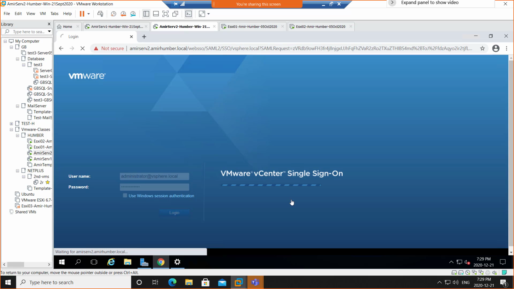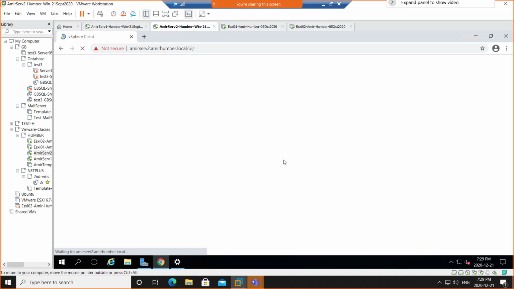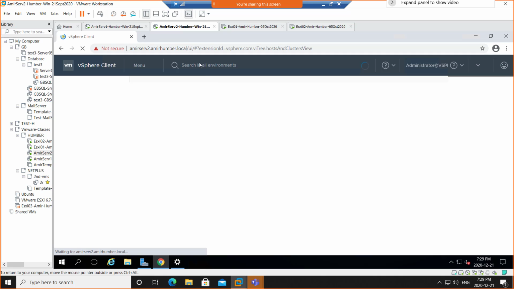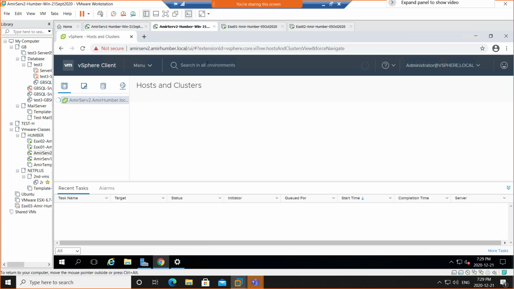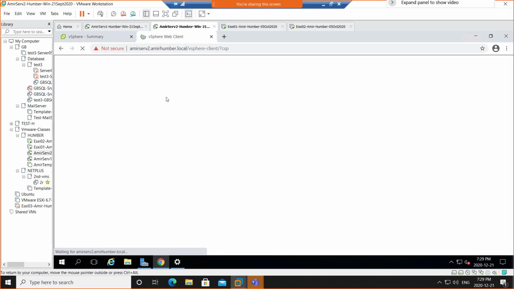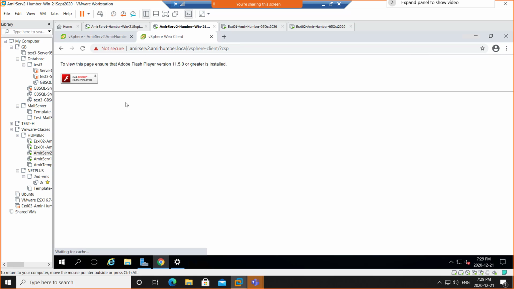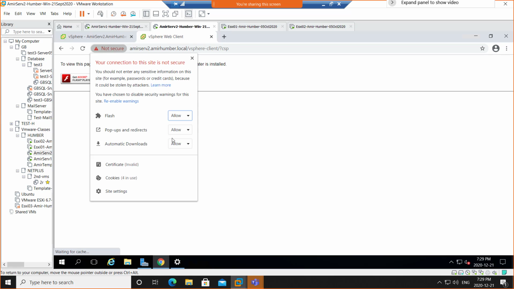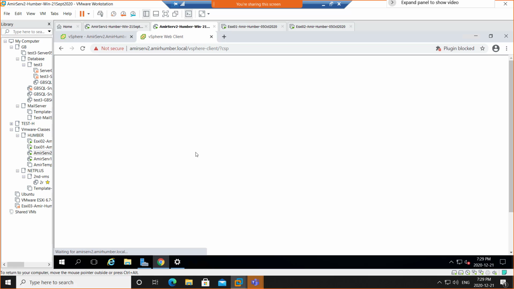Okay, I'll try to log in now. Oh, it's connecting to UI. Serious. Okay, I'll go for the next one. I'm sure I connected with the vSphere client. Okay, so I'll go for vSphere client as well. And there's our favorite message, Adobe Flash Player. I'll go for not secure. I'll click the allow and click here, reload, and